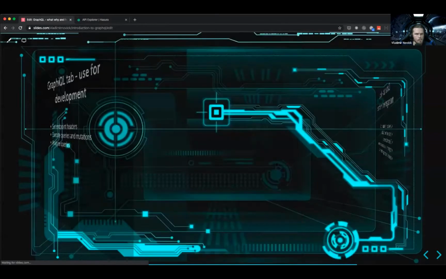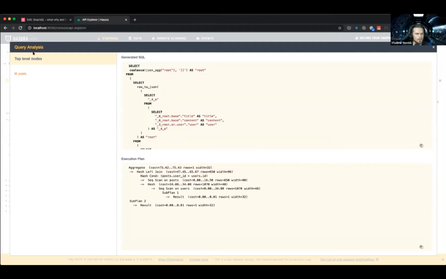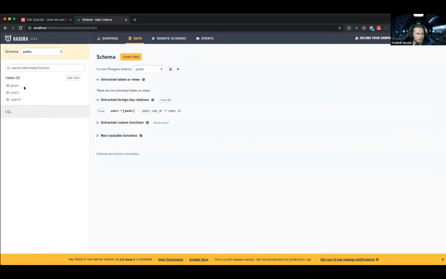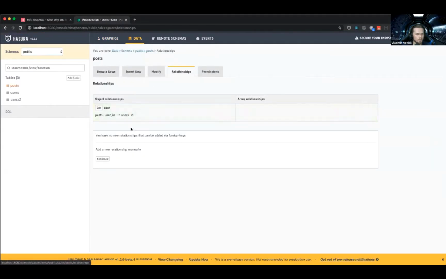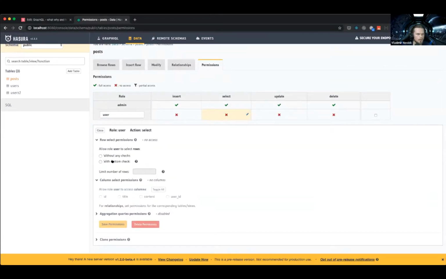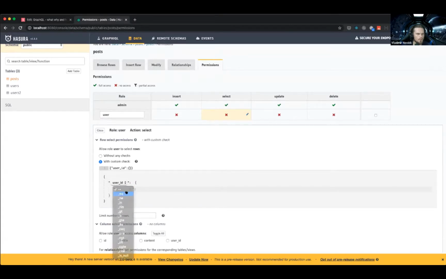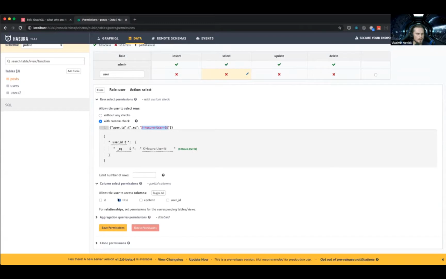Now, Data tab will give you a bunch of stuff. In addition to just having the data view of the database, you can also set various granular permissions. You can actually go and set a user role. You can say, okay, I want to see only posts when user ID is equal to something that is passed from the JWT token as an environment variable, and limit that just to the title.